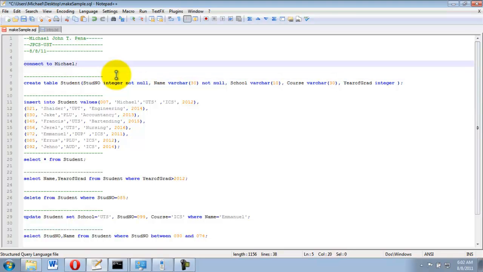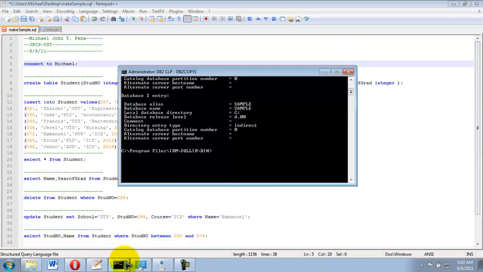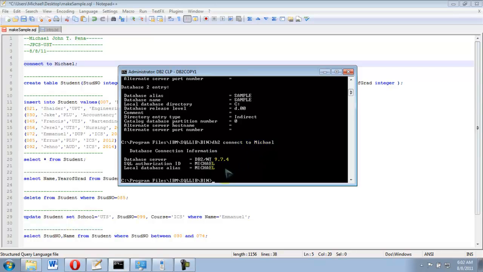Then, basically, when you check this one by using connect to Michael, you would see who is the actual administrator of this database.